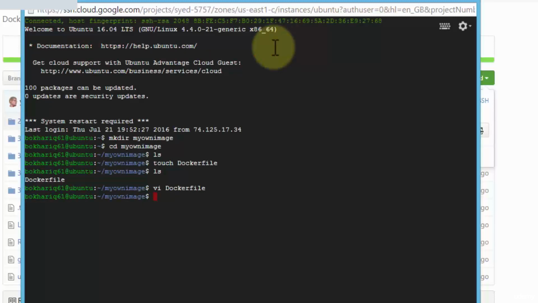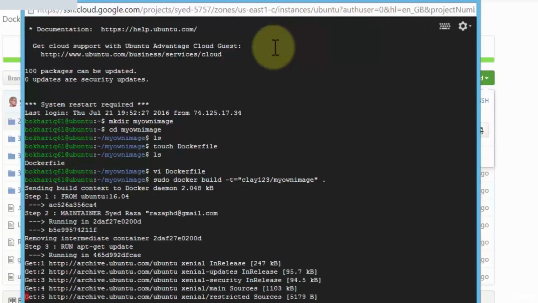Next, we're going to execute this, right? So I'm going to say sudo docker, and here's our build command, right? So this will build the actual image for the Dockerfile. Specify a tag, and I'm going to set this to, let's say, clay123, and then my own image. All right, once I'm done, let me go ahead and execute this, and it's going to start the build process,